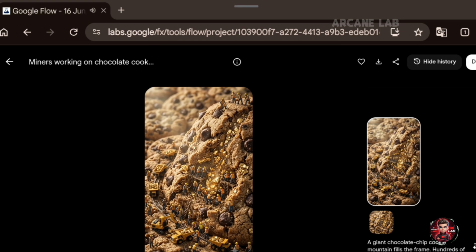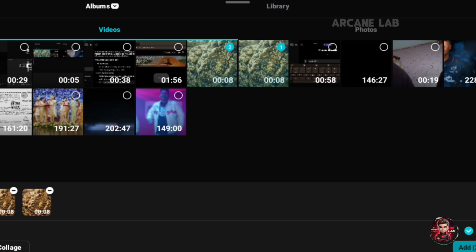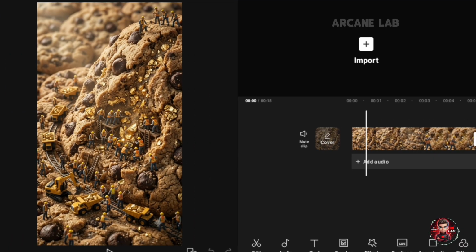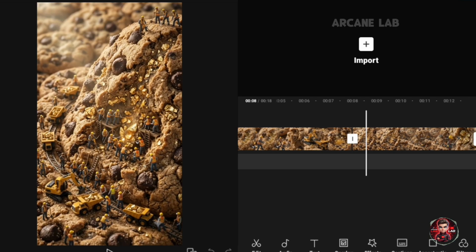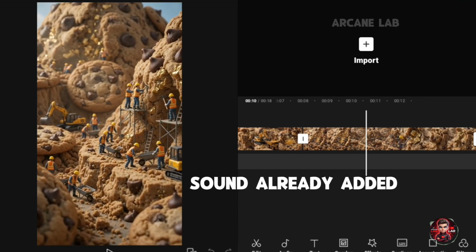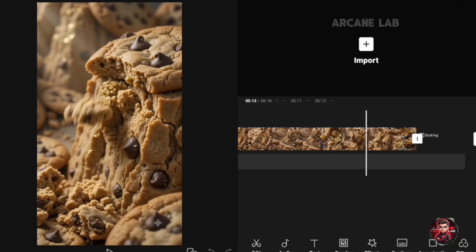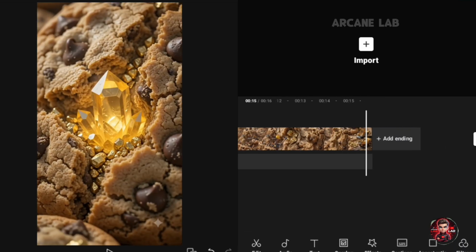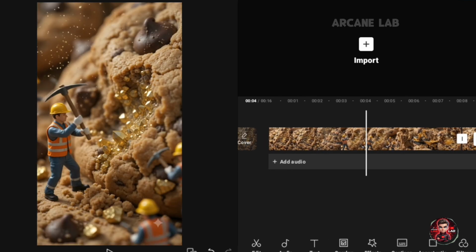If you want to create longer content, simply repeat the same process with multiple scenes and combine them together during editing. To make your videos even more immersive, add relaxing ASMR sound effects, ambient background music, and smooth transitions between clips. With just a few simple steps, you can create professional-looking AI micro ASMR videos that are highly engaging and